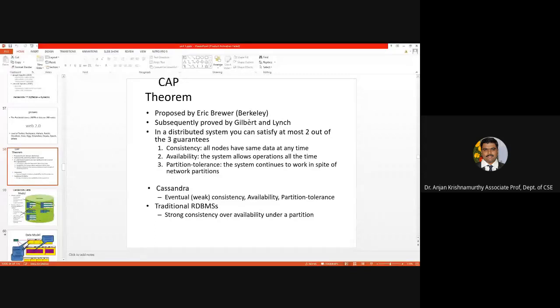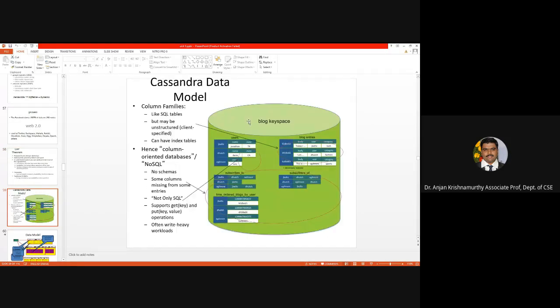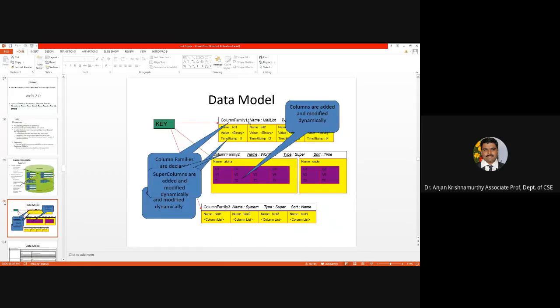And I suppose we had also completed something about the CAP theorem, where we discussed how consistency, availability, and partition tolerance work, with special mention of the data model used in Cassandra. These are some of the things I wanted to recap before we go ahead with some more topics. The data model of Cassandra is a column family based system. We had also mentioned that the querying language for Cassandra,